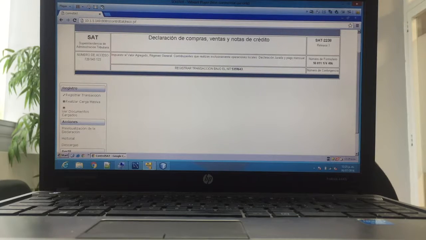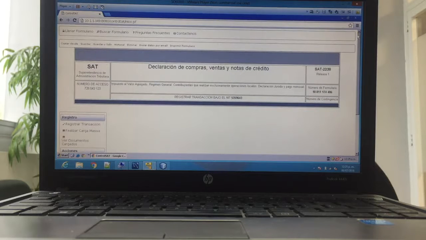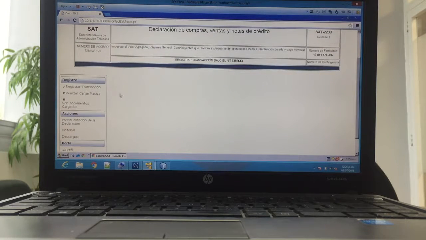Now we will make a demonstration performing the transactions step by step. However, we know that most taxpayers are going to be making these statements through massive loads of information. That means that we already have a pre-designed format in an electronic sheet where we enter all of the invoices. Then, this massive load is uploaded to our application so that it can automatically confirm if the statement is free of errors. This is, if it is within the deadlines and ranges of dates indicated to be able to make the